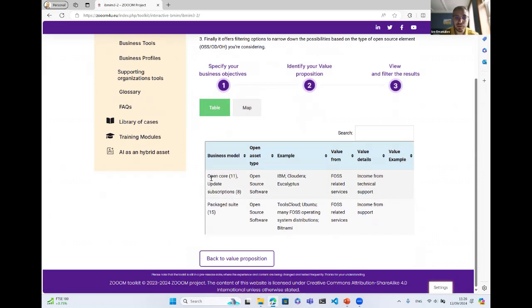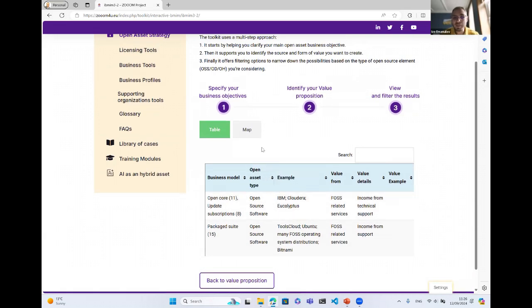Possible business models for you would be open core or a package suit. And we give you some examples of companies that have been successful, how you generate value, and some examples of this value. In this case, we don't have any. But the point is that this can help you really start thinking about potentially useful business models for your own activity, which should facilitate your choice